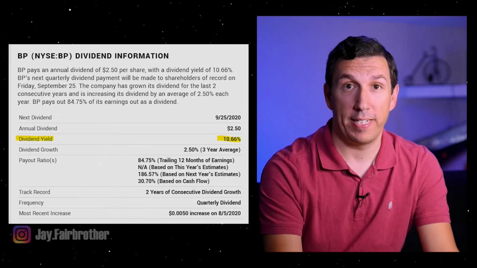But instead, what happened? BP realized that paying out an 11% dividend is not sustainable in the current state of their company, so they slashed it. Their dividend went from 10.5 cents a share, cut in half down to 5.25 cents per share. So if you're a dividend investor relying on the income from BP's dividend, not only did your quarterly paychecks get cut in half, but you also have a floundering company whose share price will at best be going nowhere, but most likely also be declining in value. So not only are you losing in dividends, you're probably losing your capital as well due to the declining share price.